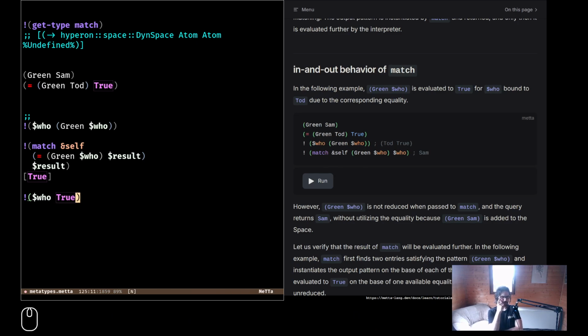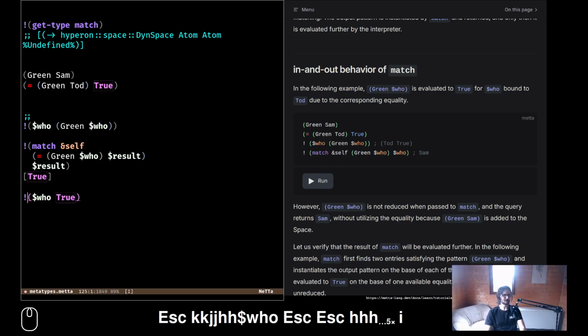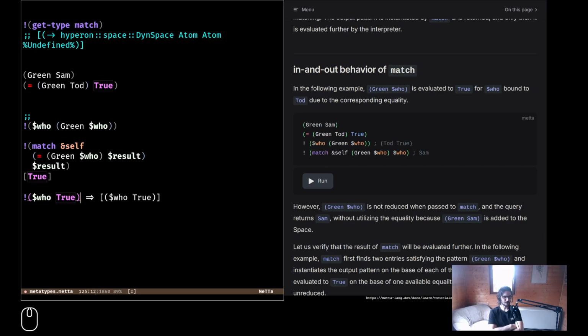But who is also bound now to Todd? It's a little bit more sophisticated than just saying true $who, right? What does this do actually? No, okay, this leaves who unbound, okay. It also does say that who is Todd now.